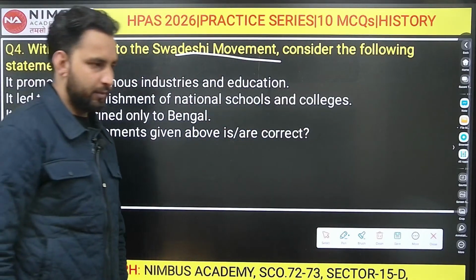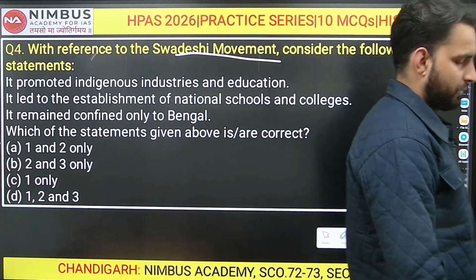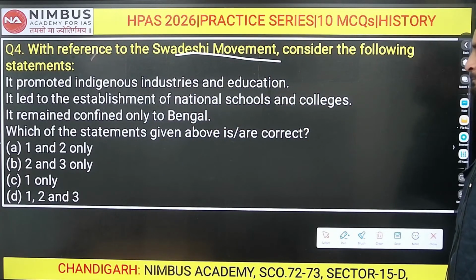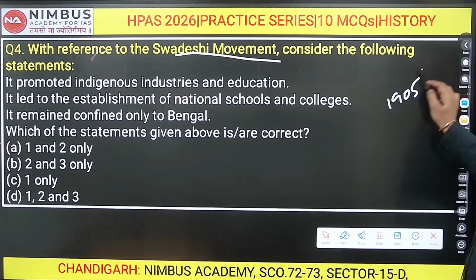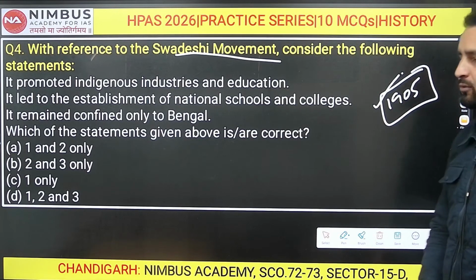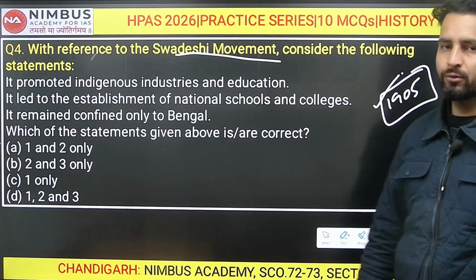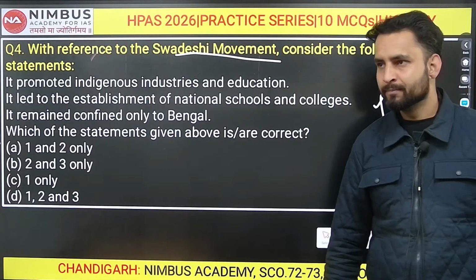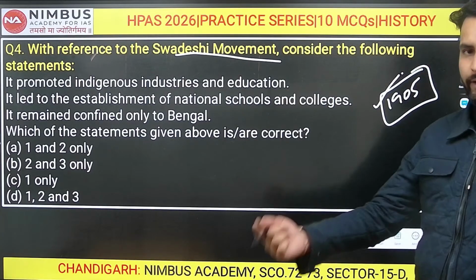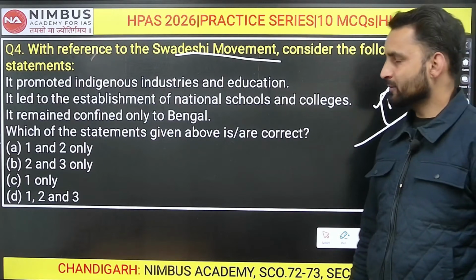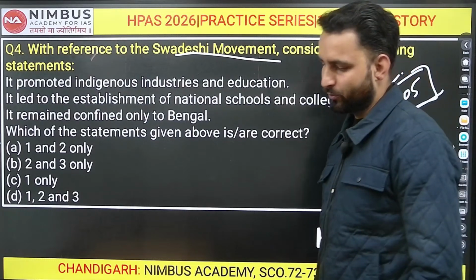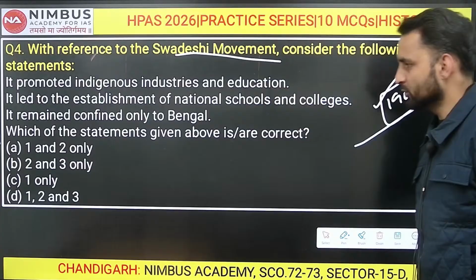So what should be the right answer for question number fourth? Easy question. Swadeshi movement was basically proposed as a reaction of the partition of Bengal in 1905, which lasted for next 6 years from 1905 to 1911. Ultimately, Bengal was reunited in 1911. So, in reaction of this partition of Bengal that was done by Curzon, Swadeshi movement was launched in India. Which among the following is the feature of Swadeshi movement? You have given A as the right answer for question number 4, 1 and 2.